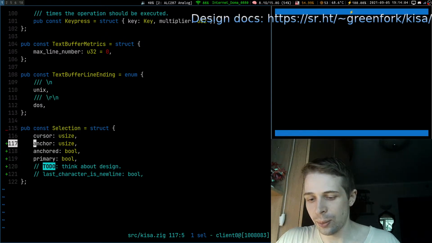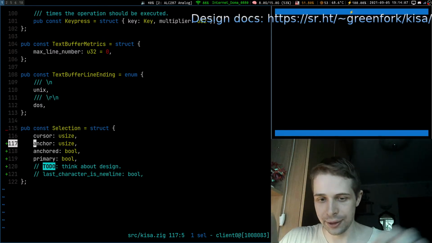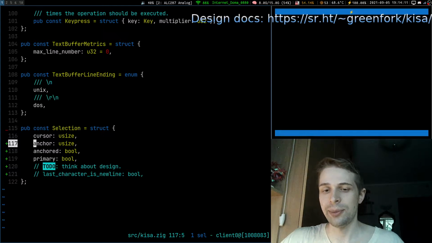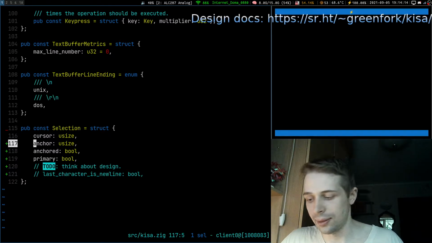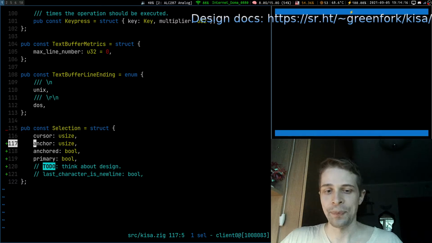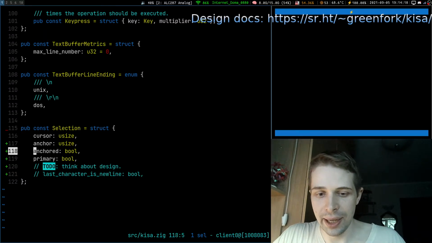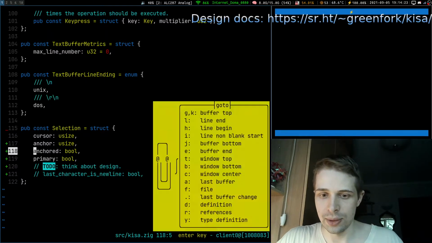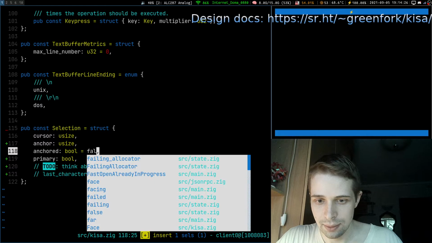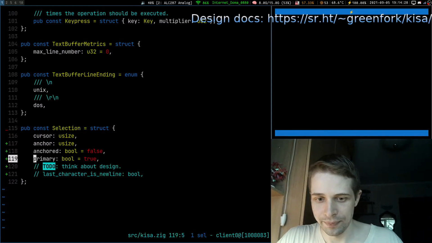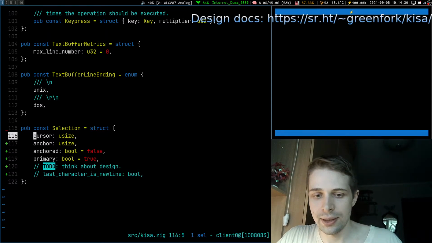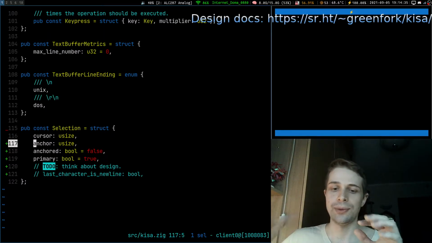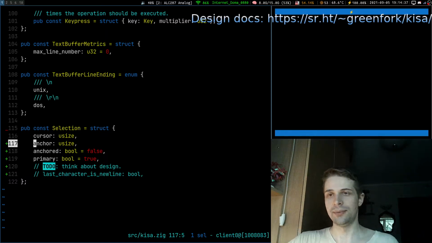And then you have some way to actually anchor your selection, and after that, the cursor will be on its own. When it is not anchored, so it is false by default, it means cursor and anchor are one and the same, and they move together as well.